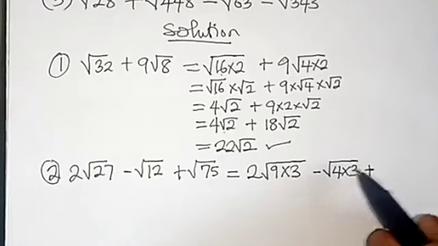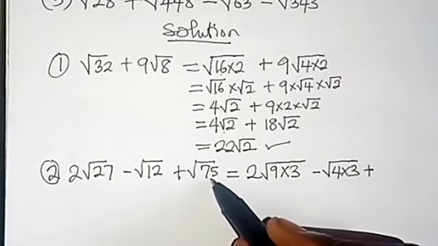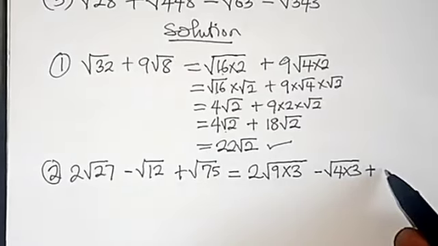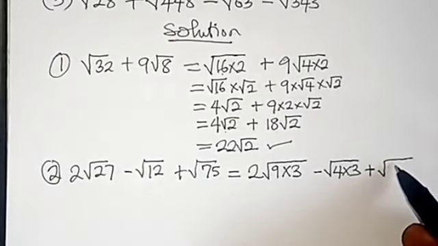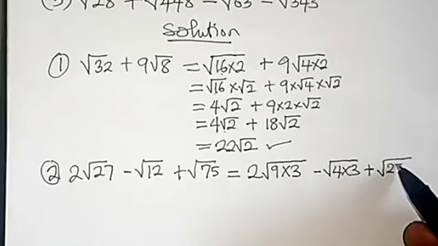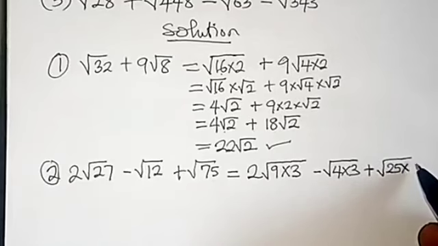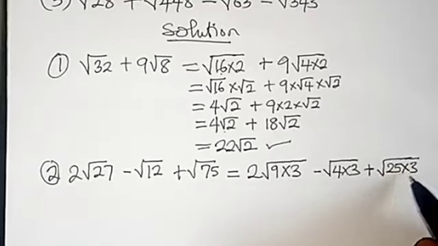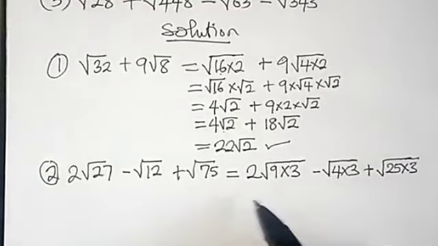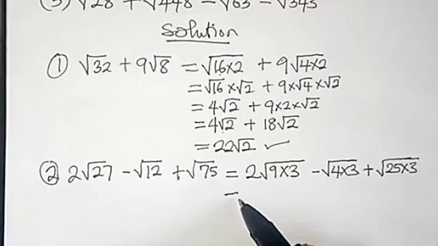Plus, how can we get a perfect square? If I use 5 to divide here, I will definitely get 15. But if I use 3 to divide here, I'm going to have 25. I will have 25 times 3. 25 is a perfect square as well. So we further solve this, which we are going to have